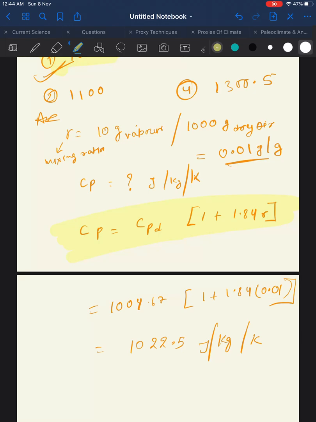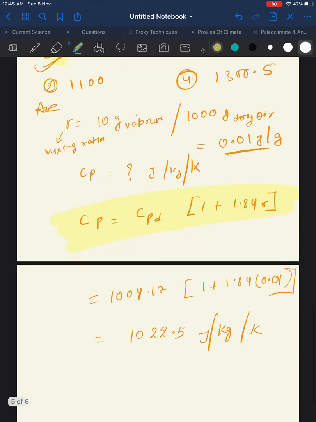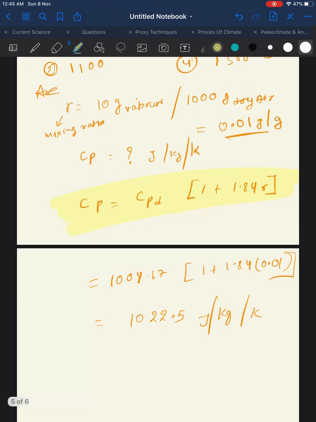See, the point to be noted over here is that specific heat, mixing ratio, then we have Stokes drag law, terminal velocity, all these things are very important. So let's try one on terminal velocity as well, let's see. Okay, and we will also do one on Stokes drag law. Then